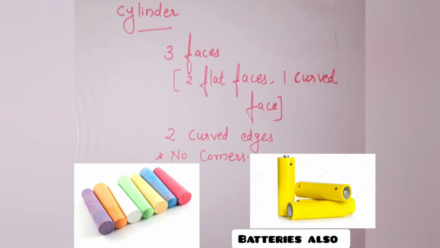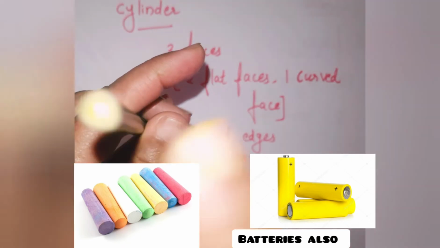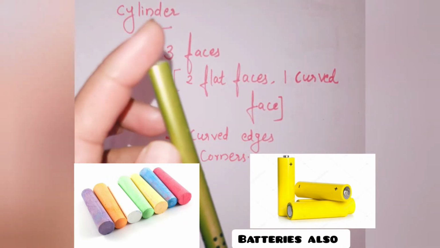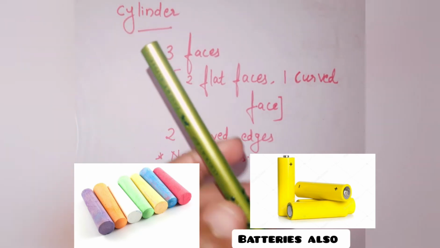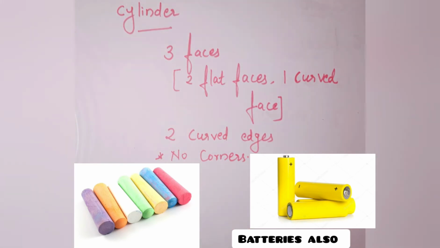Some pencils are without sharpening. If you take this pencil, this is the sharpened one, not like this. Both the faces, sorry, not edge, both the faces like this, means that a new pencil. Also, we can say it is an example for cylinder.